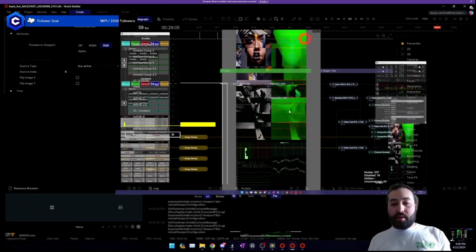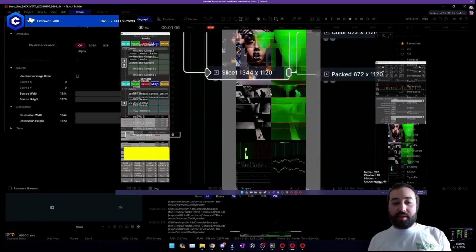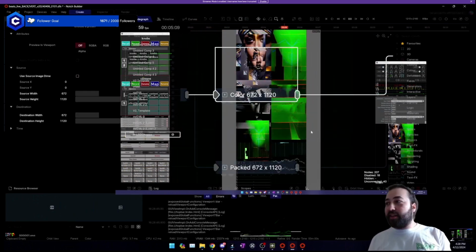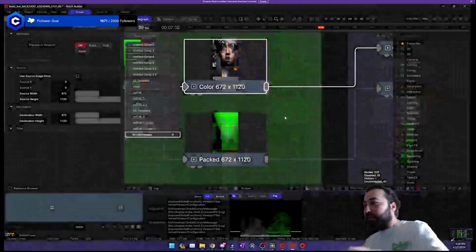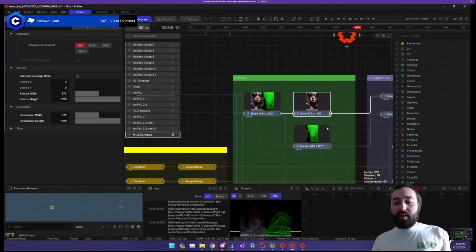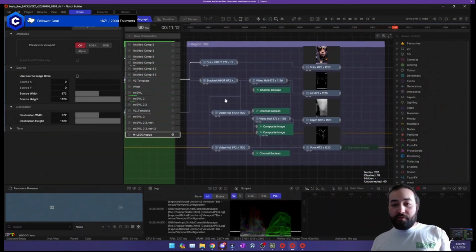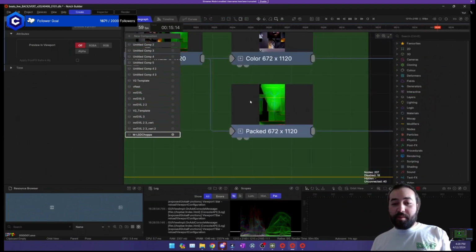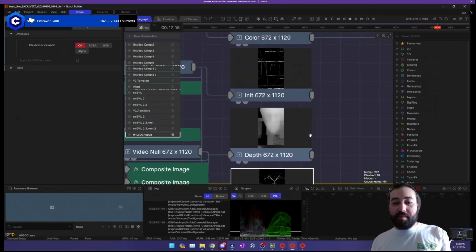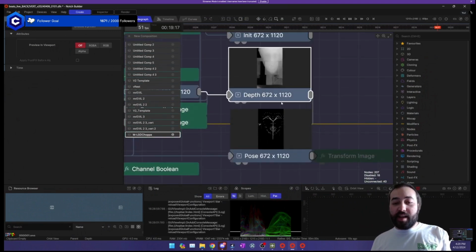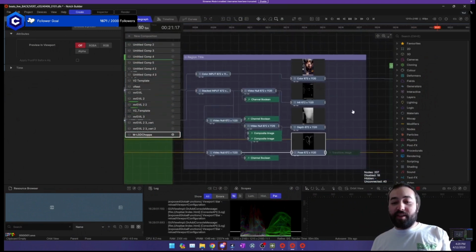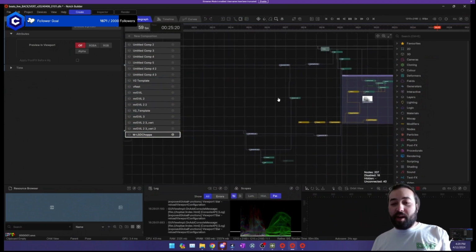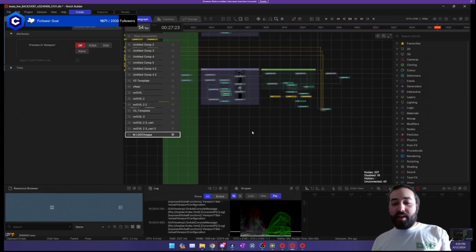Then it gets split up. This is the first slice, and then this is the color, and then the packed one. From there, I can split it up into the three. It comes in red, green, and blue overlaid onto each other, and I split them out. So I get the lines, the depth, and the open pose separately here. Then from there, I can play around in Knotch to composite them all together and do lots of cool stuff.